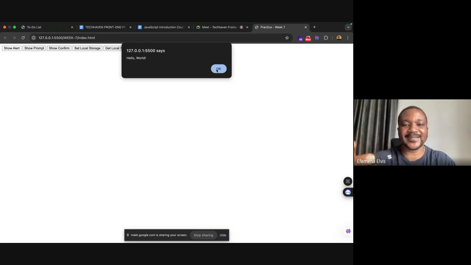But going forward, when you start building a proper app, you're going to make use of what we call a toast card. A toast card is just a name. It's just a simple alert that comes up on the top right of a page. People call it a toast card, or an alert card, or whatever. That's what we're going to be using on a proper project. But for now, I'll just show a pop-up of an alert card, which is the one we just showed here,